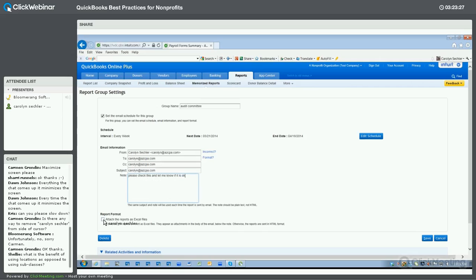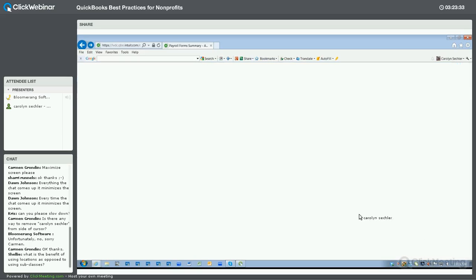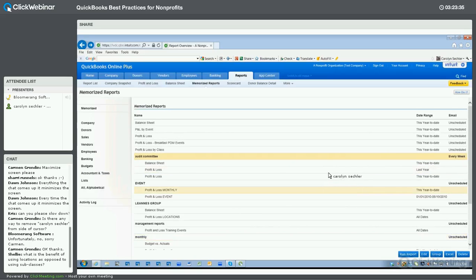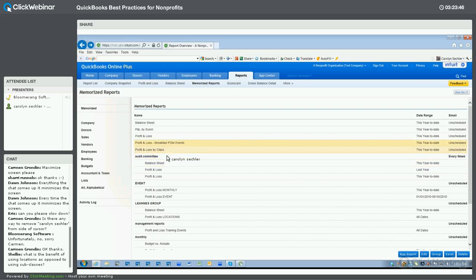And then I can say I'd like it attached as an Excel schedule as opposed to just a PDF so they've got something to work with. I save it, and now I don't need to do anything. At midnight each of those weeks, they will come down and show up in people's mailboxes, whatever addresses I've created on there. I find this really handy when you're working with committees, and we'll also set board reports up that way for organizations so that